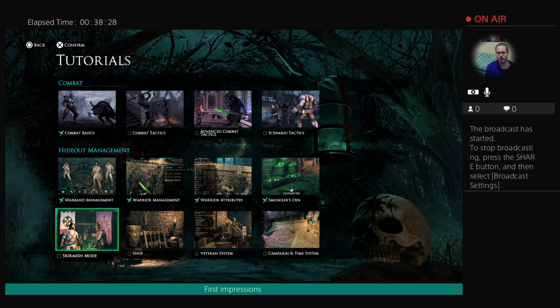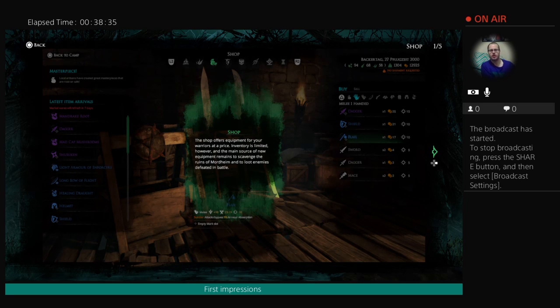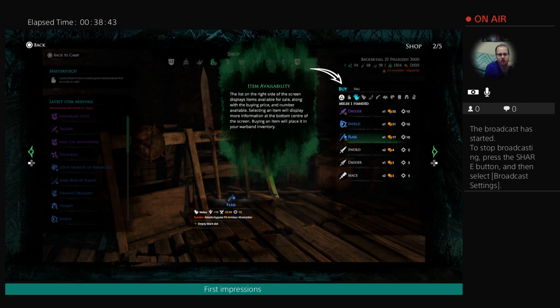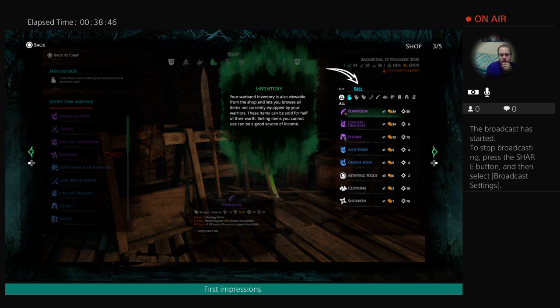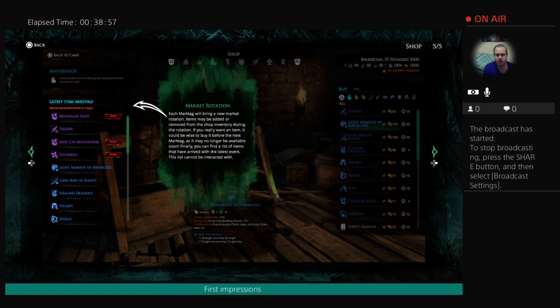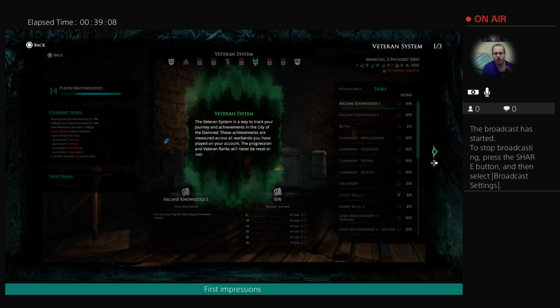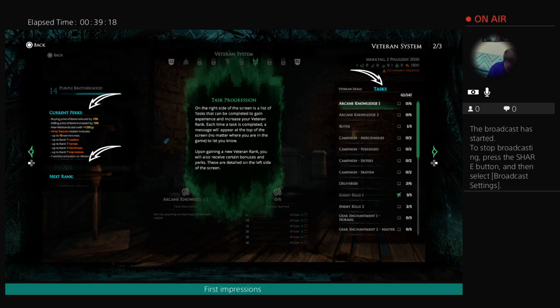I don't really care about skirmish mode. I'm guessing this is just how to do random combat. Yeah, this is just how to do random combat. Shops. Items for sale, inventory, yep. Market event. Oh, there's events. Market rotation. Each market tag will bring a new market rotation, be it added or removed, yada yada yada. Okay, cool. Veteran system is a way to track your journey and achieve the City of the Damned. These achievements measure across all your warbands played across your account. Task progression. Okay, so it's kind of like